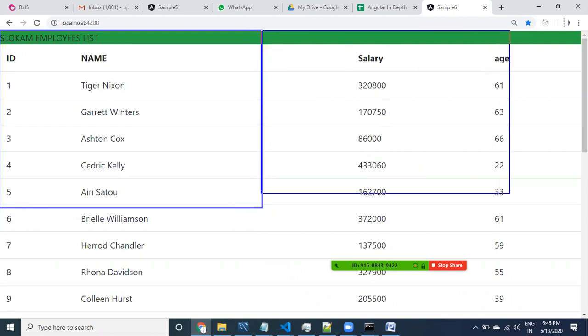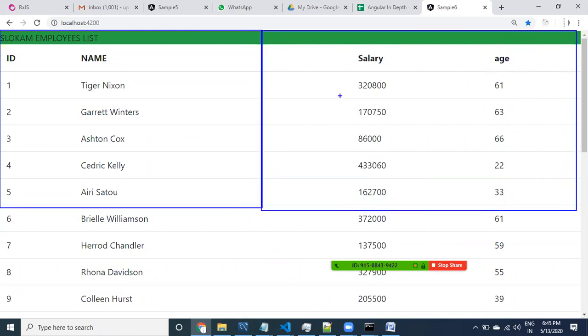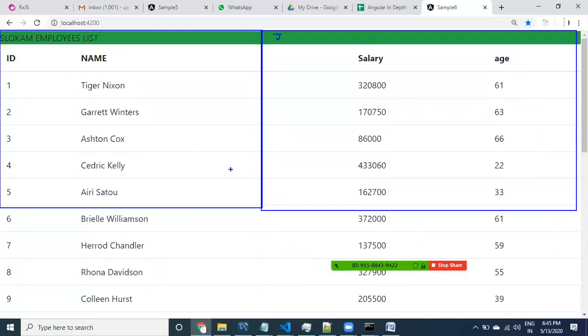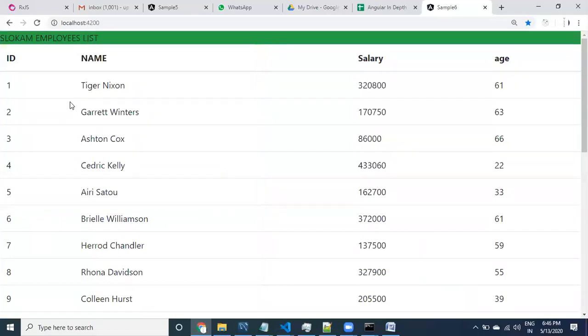I have to create another table for IT departments, the admin department and other departments. I would like to display separate tables.